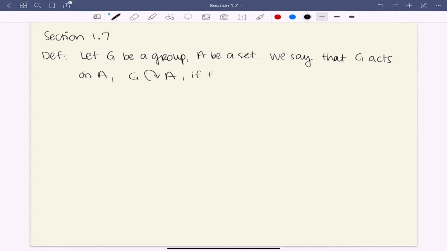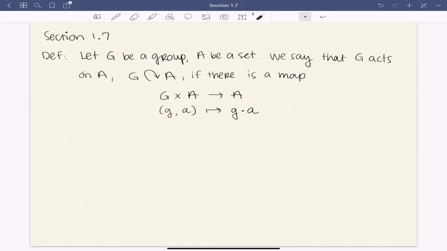If there is a map taking an element of G and an element of A and outputting an element of A. So I take a little g and a little a, and there's an element in A which I would call g dot a. So an element of the group and an element of the set give us the result of the action of this element of the group on this element of the set, satisfying some axioms, such that